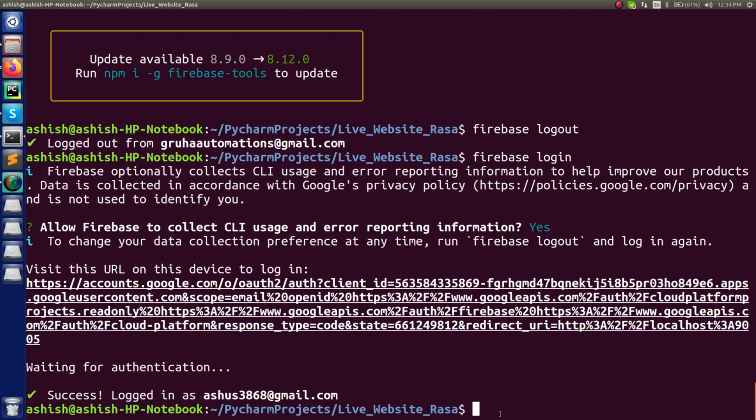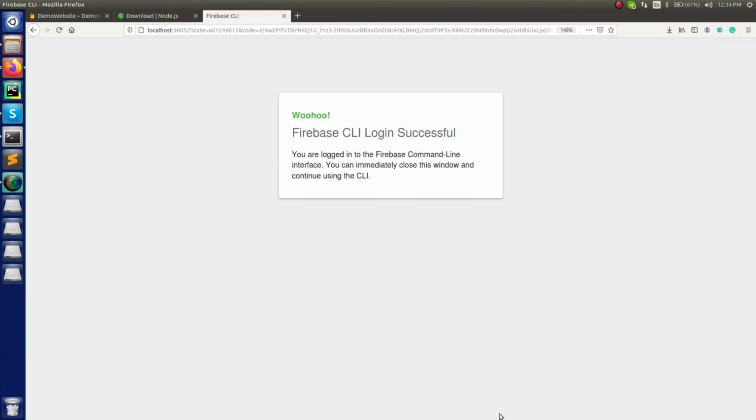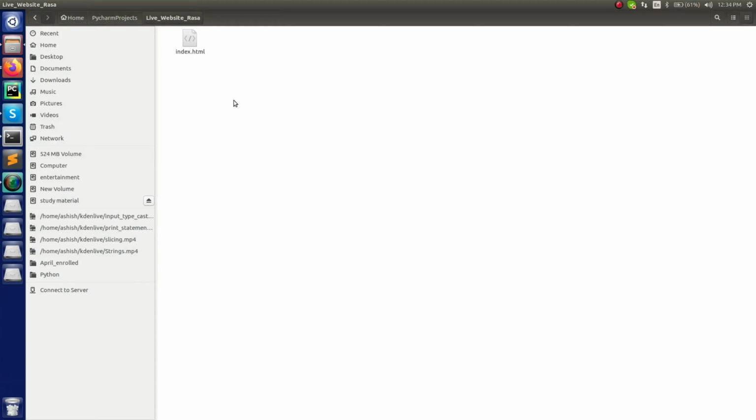Once you are done with this part, now it's time to type the next command, firebase init. But before doing this, let me tell you one more thing. You have to go to your project, and one very important thing is that this complete project, or this complete website which you want to host on the server, should be present inside a directory. You cannot directly run it over here. So it's better to put the complete code inside a separate directory, or go to the previous directory and then use this directory name. So this is how we are going to do it.